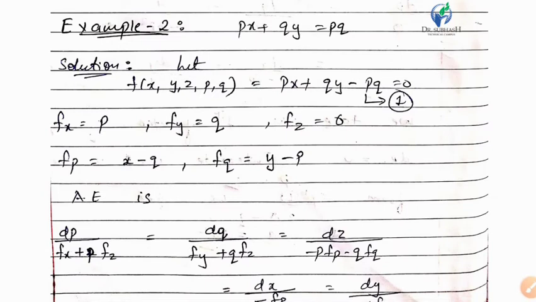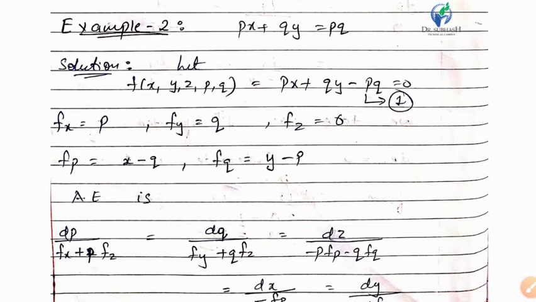Okay, see what are the steps? I am repeating once again. First I name the given equation as a function f of x, y, z, p, q. I will find all the 5 derivatives. I will use Charpit auxiliary equation. I will substitute all the values in Charpit auxiliary equation, and in the next step I will choose the simple integral